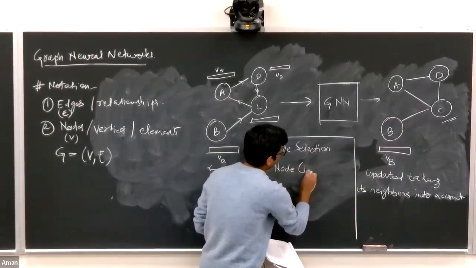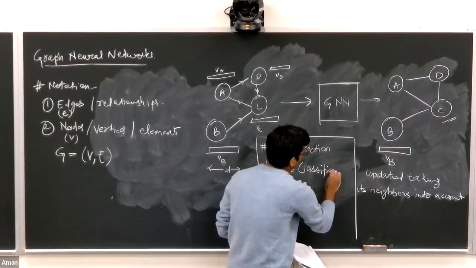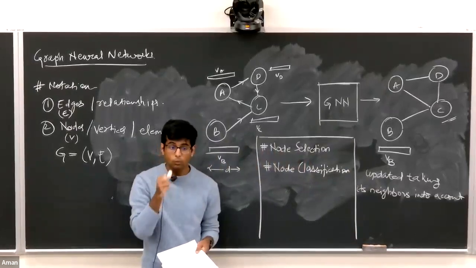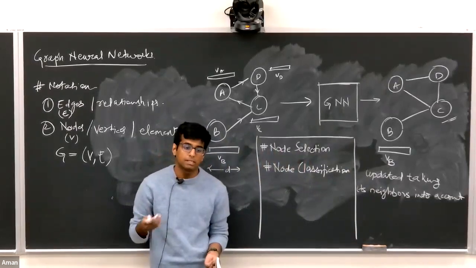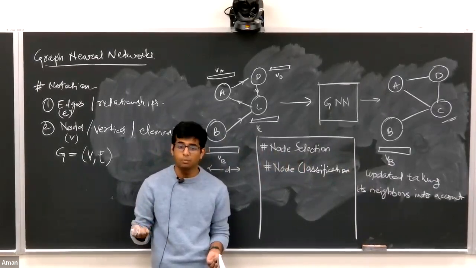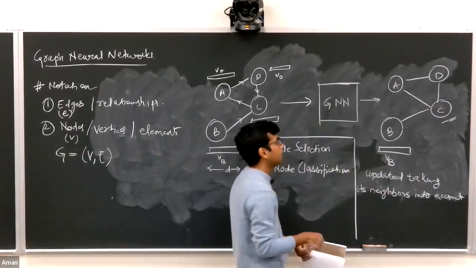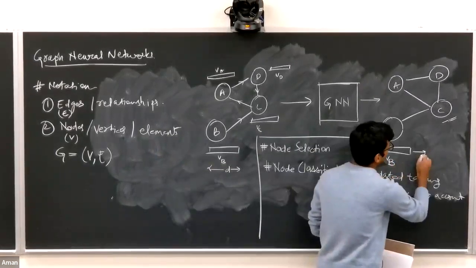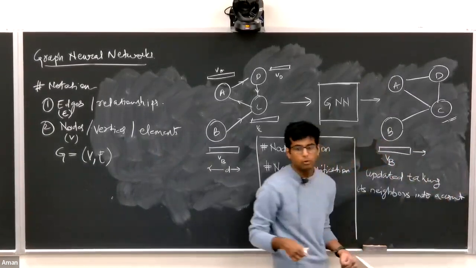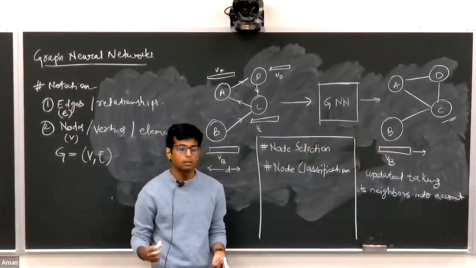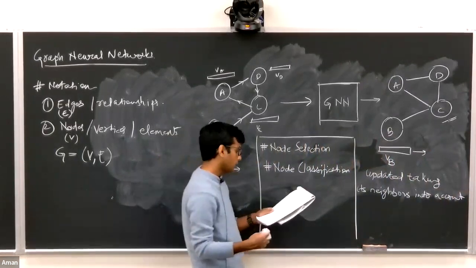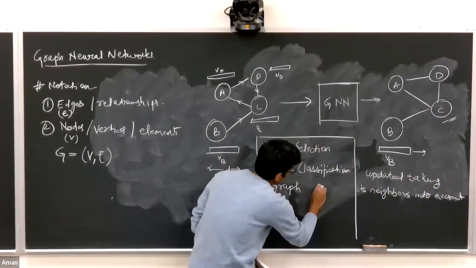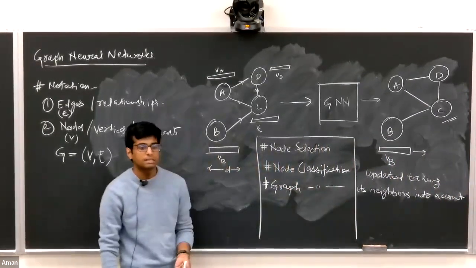There is node classification, which is, as it sounds, you have different nodes and you have to classify each node into different types. You get the representation updated by the graph algorithm, and for each node, you can pass this representation into a separate neural network or a multi-layer perceptron to make the classification for each node. In addition to that, you can also do graph classification, which is just classifying the whole graph